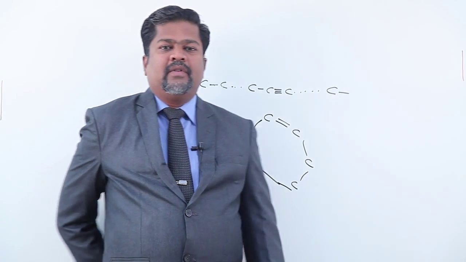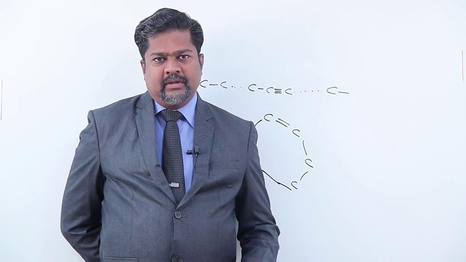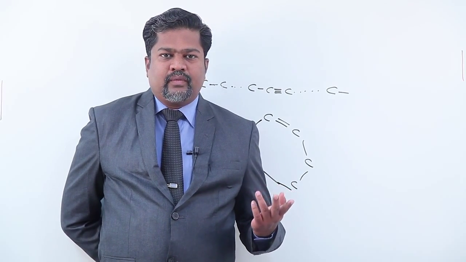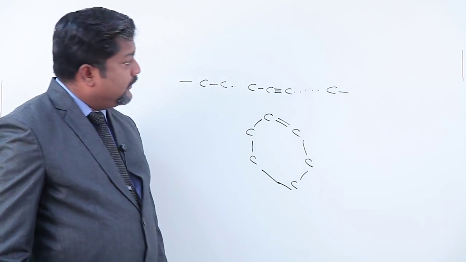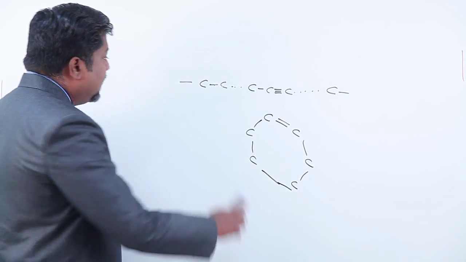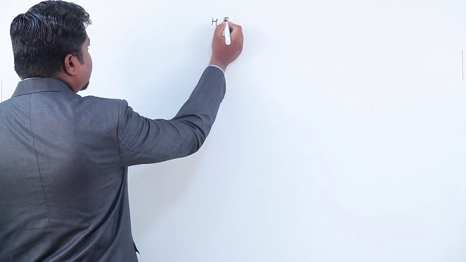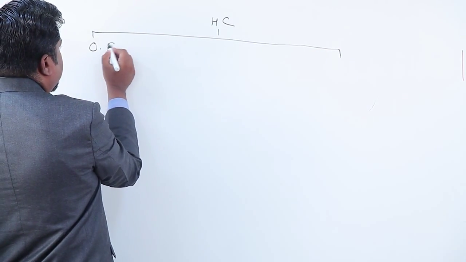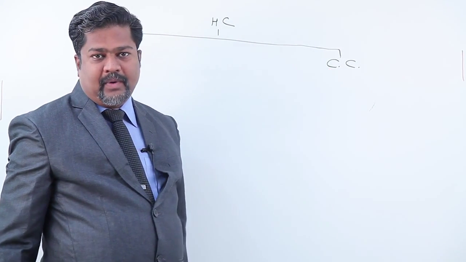On the basis of that, we are classifying compounds, whether the compound is open chain or closed chain, and then the presence of a double bond or triple bond, like that. So first, we are focusing on only open chain compounds. Here, I should draw a tree diagram that will indicate the compounds. So hydrocarbon is divided into basically two parts, that is open chain compound and closed chain compound, or we can consider that as cyclic compound also.